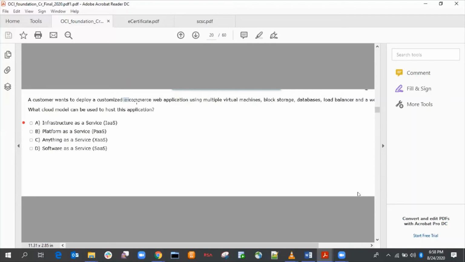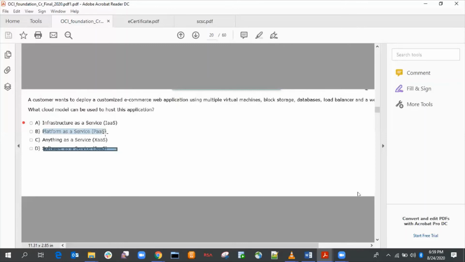For e-commerce, we need one front-end application and one server. Front-end application means SaaS, and one server and one database. Servers will be provided by IaaS and the database will be involved in platform as a service. So we need all three. So the answer is infrastructure. If you purchase software as a service, they'll give you only the GUI.